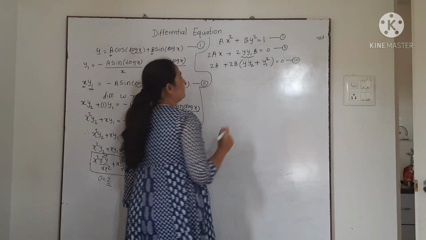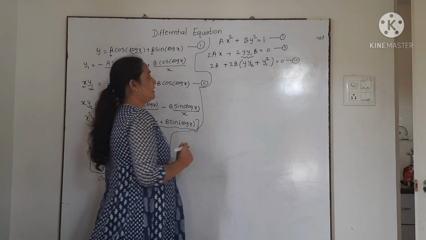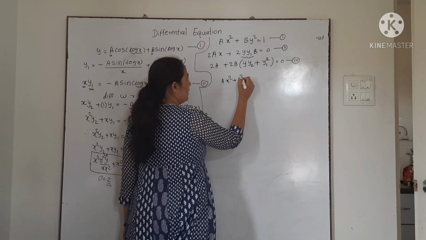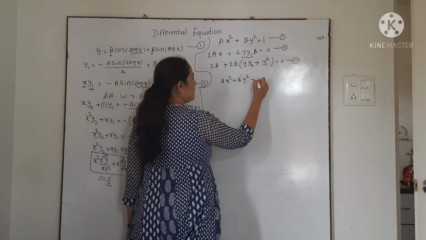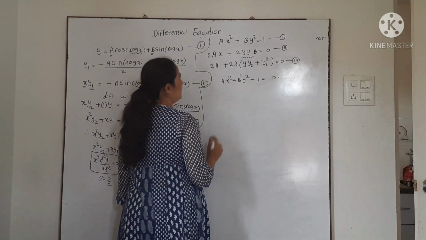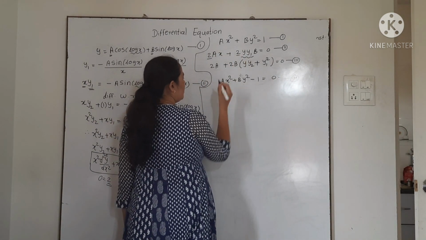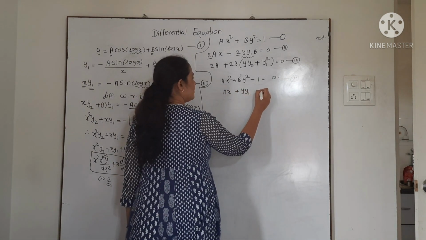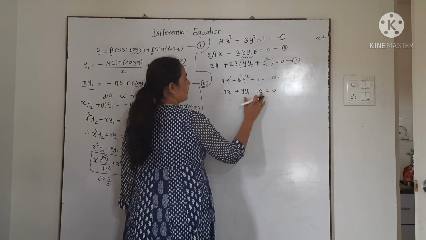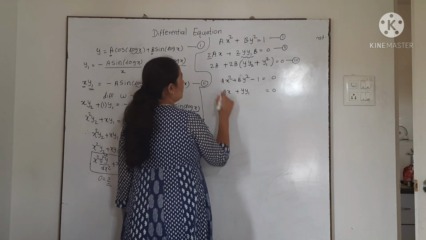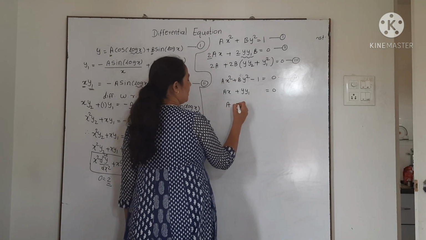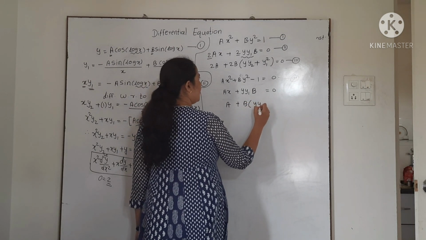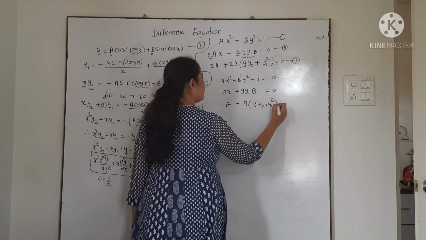Now to solve these three equations by using the determinant method, I can write the same equation as ax square plus by square plus 1 will become minus 1 if we transfer it to the left hand side. We can cancel this 2 throughout. So it is ax plus by1 minus 0, I can write for sometimes, or we can say nothing. Again we can cancel 2. It is a plus b in bracket y y2 plus y1 square equal to 0.